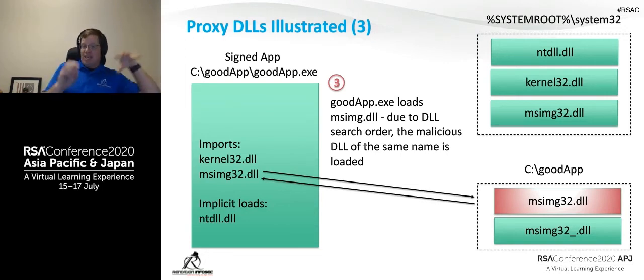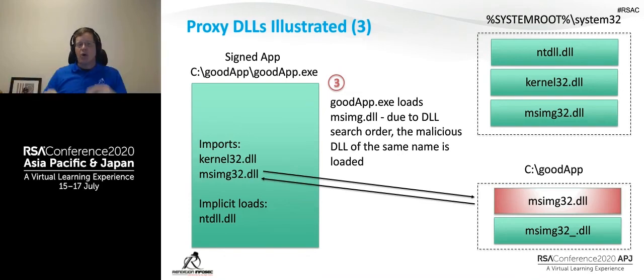By the way, beyond just exporting those function names, they actually have to do something, right? The program needs it. And if you don't provide that code, the program is going to crash. Well, that's bad for you because you wanted to persist on the box. Also, lots of program crashes tend to get the help desk called, and we all know what the help desk is going to do, right? They're literally going to nuke the machine from orbit. They're going to reinstall. They're probably not going to investigate. You're less likely to get caught here than you are simply to have that machine reinstalled. But either way, we lose. I don't want that, right?